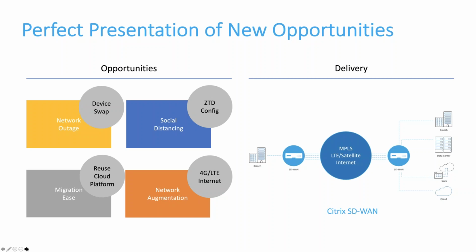Social distancing presents a challenge as well, right? And looking at the Citrix SD-WAN platform and our zero-touch deployment configuration, coupled with the opportunity for network outage, there's the opportunity for organisations to start leveraging those capabilities to quickly get someone into a branch location, swap out an old router, deploy a new SD-WAN box, and then have a central orchestrator and a central administrator operate a zero-touch deployment config and deploy the branch in the way that they want to, complete with all the policy and security capabilities that they require, based on some of the things I was talking about earlier.